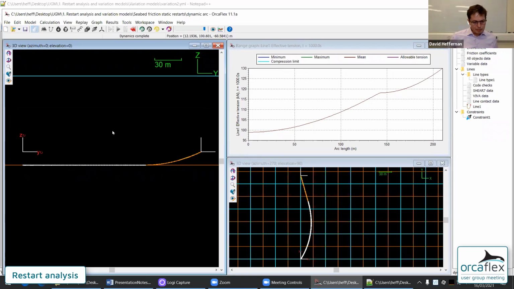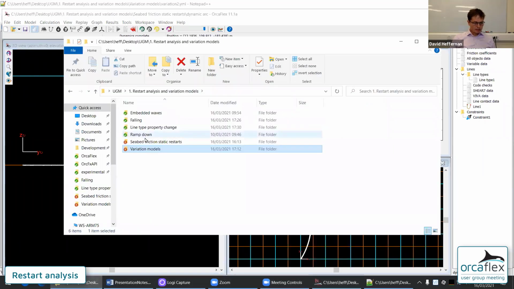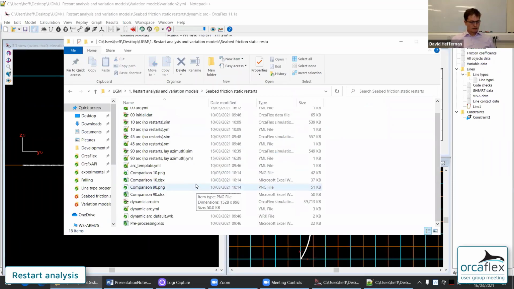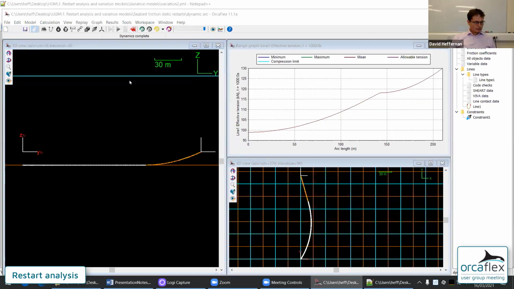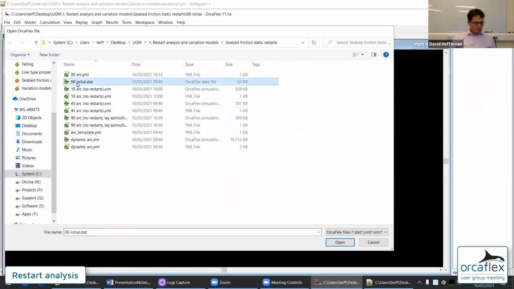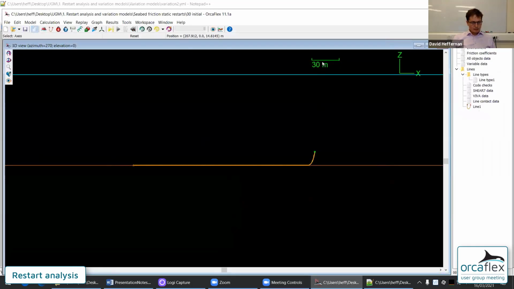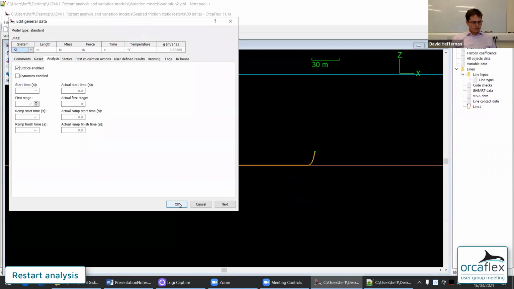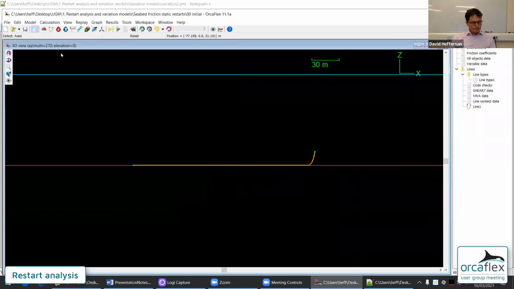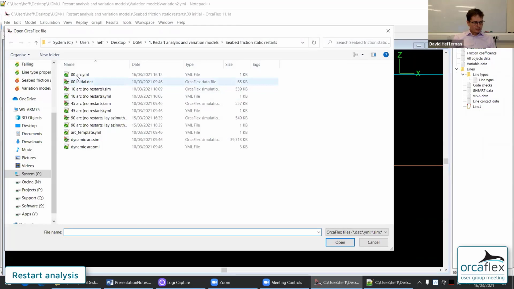So I'm going to try and replicate this scenario using a series of static restarts. And I'm also going to take the opportunity to demonstrate some of the automation that I talked about before. So what I have is, let me see, I have an initial model, statics is enabled, and I have 0, 0.